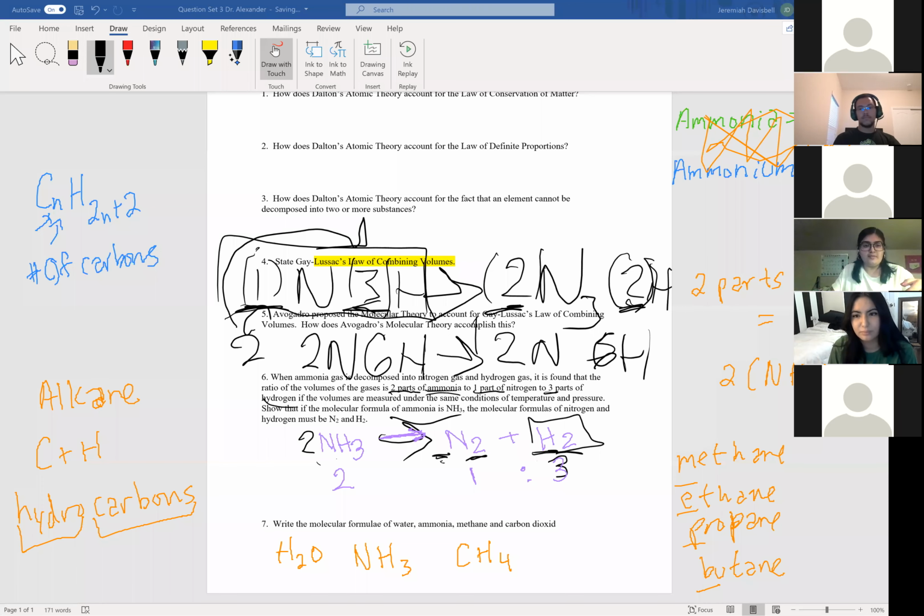So that's why we have 1 carbon, that's methane. Then 2 times 1 plus 2 gives us 4, and that's why our formula is CH4. Okay, cool. And last but not least, carbon dioxide. What's the formula for carbon dioxide? CO2. Yes, awesome. Does anybody have any questions about naming compounds and writing the formulas?